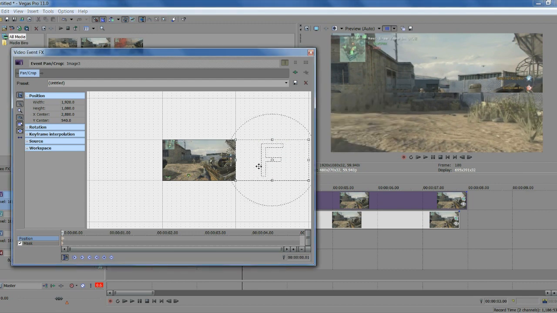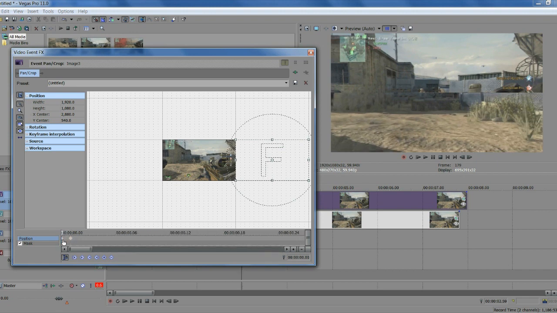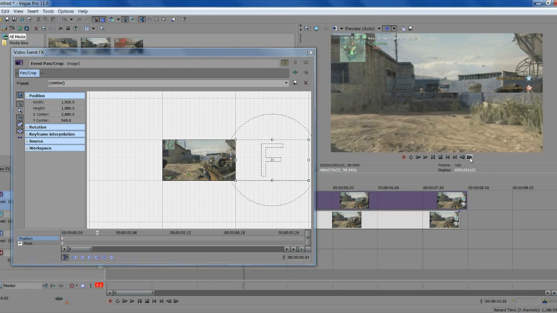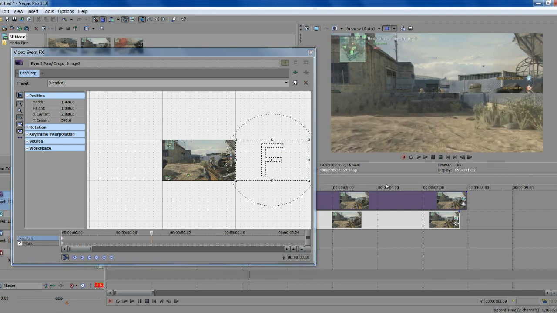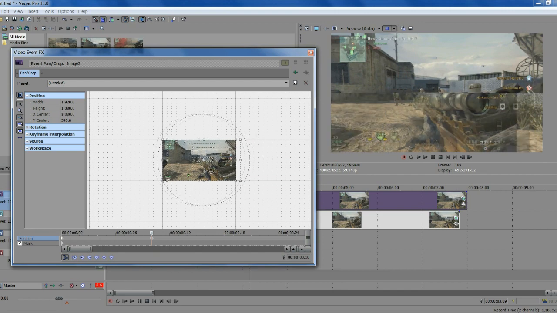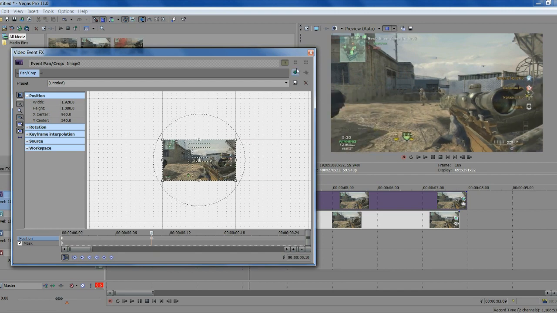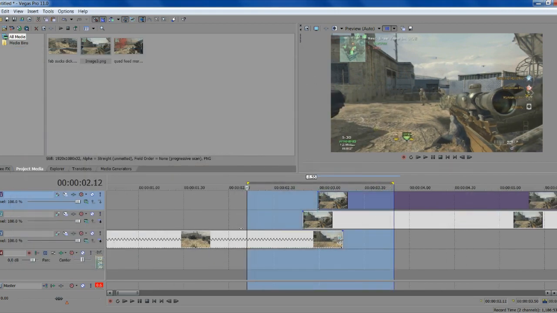Yeah, the opposite way to what this one is. And now what you're going to want to do is do the same thing. Go ahead 10 keyframes. 2, 3, 4, 5, 6, 7, 8, 9, 10. And now drag this into the middle, like so. Now you'll notice, if I preview this out,